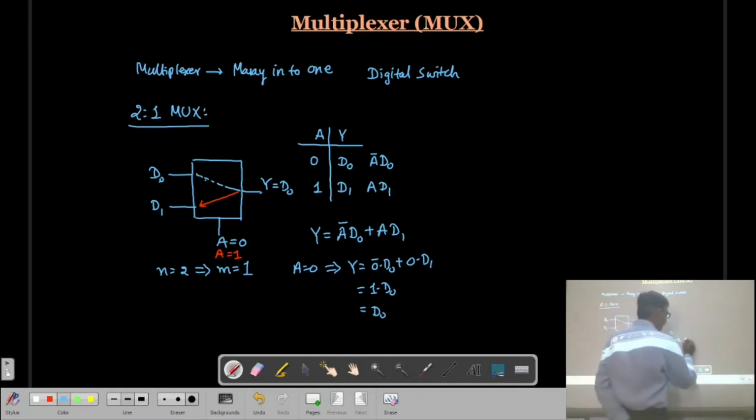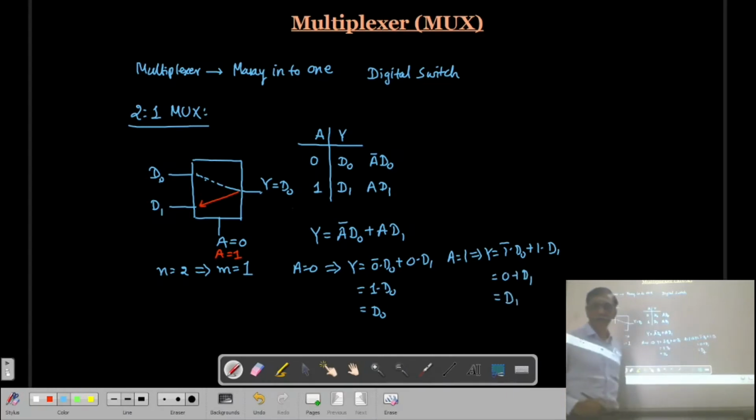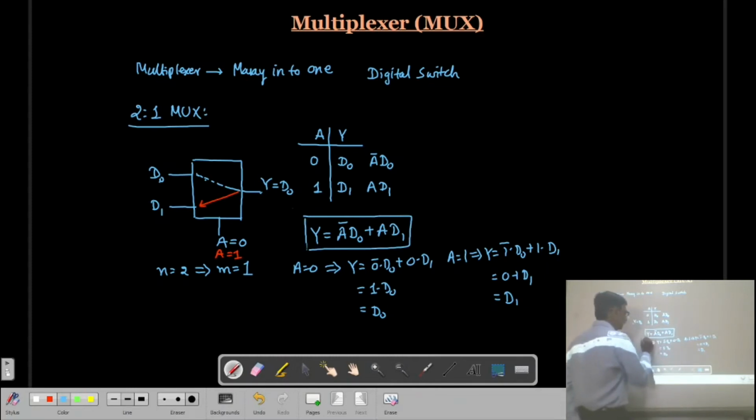When A is equal to 1, then Y will be equal to 1 bar into D0 plus 1 into D1, and 1 bar is 0, so we have D1 and the output line will be D1. In this way, we have this Boolean expression for designing the circuit.